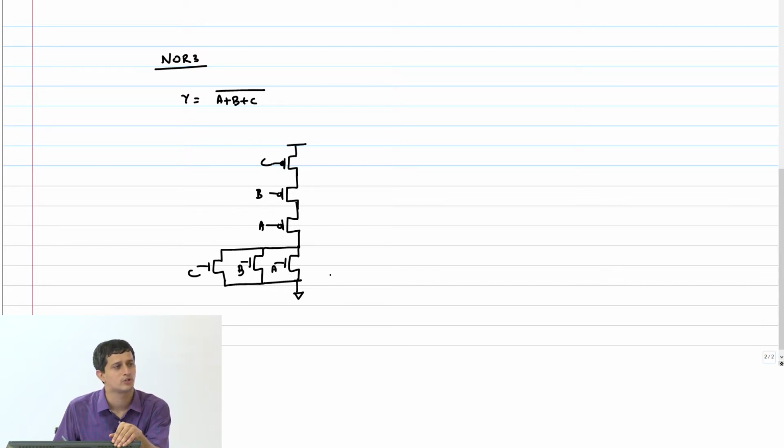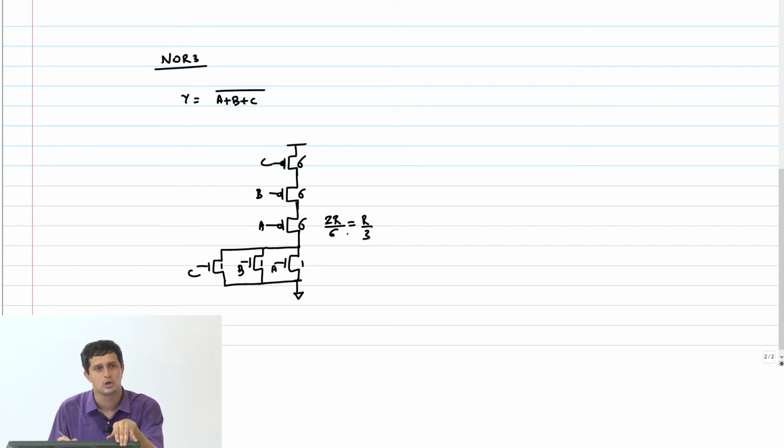So what are the sizes of the NMOS transistors? 1, 1, 1, right, because the worst case is only one of them turning on. PMOS 6, 6 and 6. So remember I told you that the resistance of a PMOS transistor with width W will be 2R by W, the normalized resistance, and therefore this will be R by 3, and you add 3 of them, you will get a net resistance of R on the pull-up path as well.